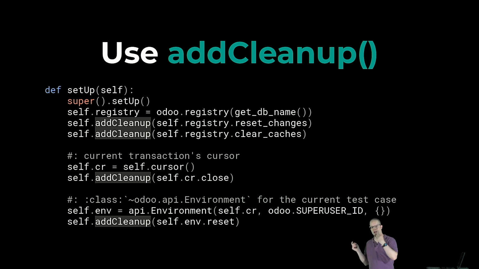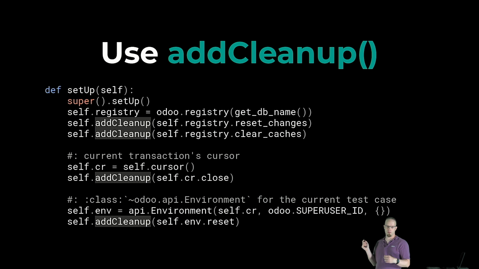So if you allocate something, you use @cleanup to register a callback to deallocate the resource you've allocated. If you're patching something, essentially you have to register a cleanup for unpatching the thing. The advantage of @cleanup is that you can use it systematically to say, in my setup, I install something and I immediately add the cleanup to remove that thing, or to deallocate, or to